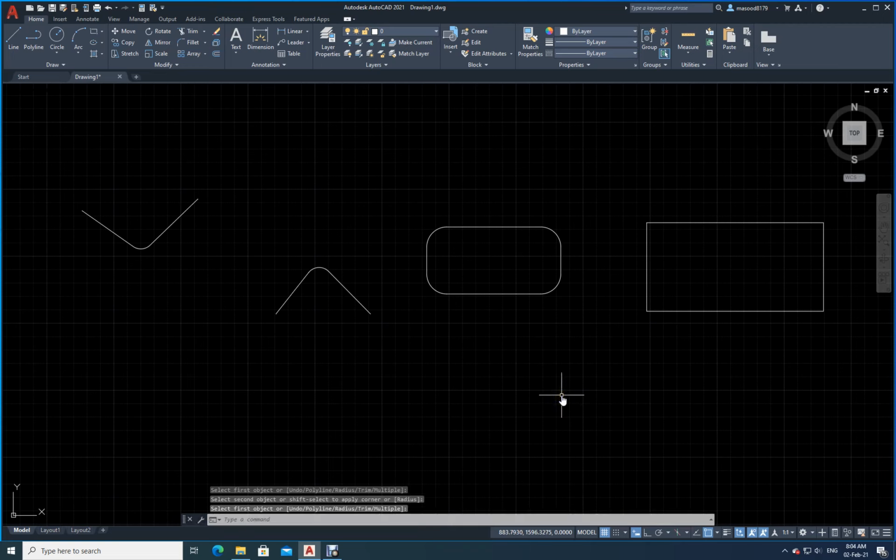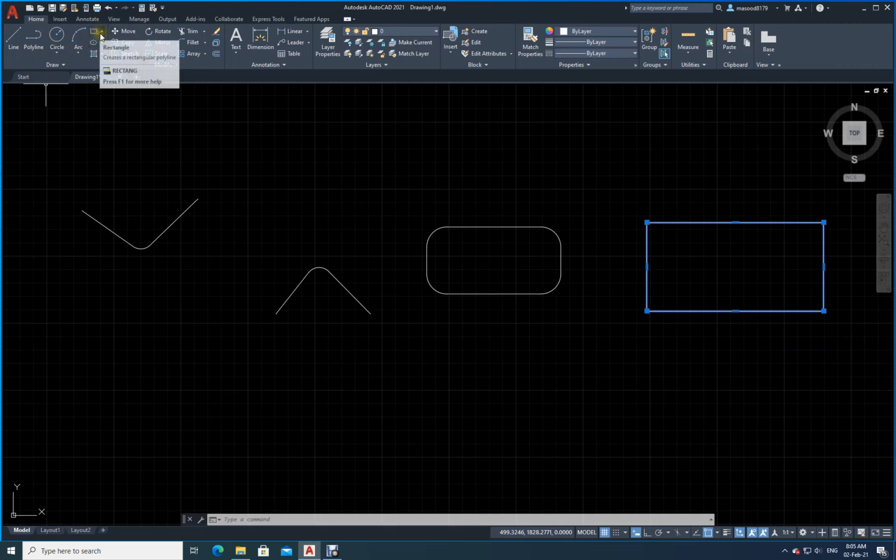Now I have got another rectangle here. Let me click on the rectangle. Now see here, the moment I click on the rectangle, the whole rectangle is selected. This means I have created this rectangle with the help of the rectangle command in the draw panel. See here, you have a rectangle command. Using this rectangle command I have created it. Now the computer-aided drafting software will assume the whole thing as one single object, meaning it is a polyline. Okay, now let me escape.